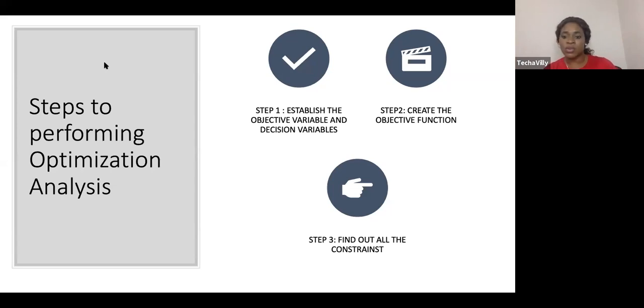So the Solver tool is what we're going to be using to solve this optimization problem. The second step is to create the objective function. What is the objective function, which is the equation? And then the third step is to find out what the constraints are. What is limiting you from achieving what you want to achieve? And then